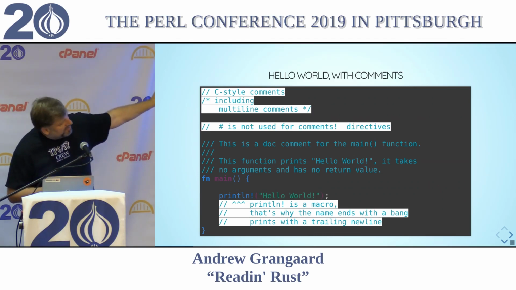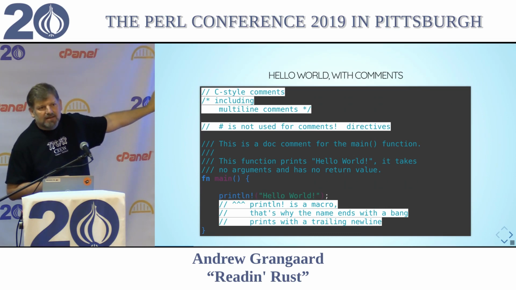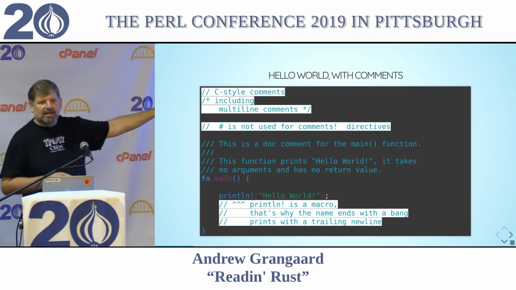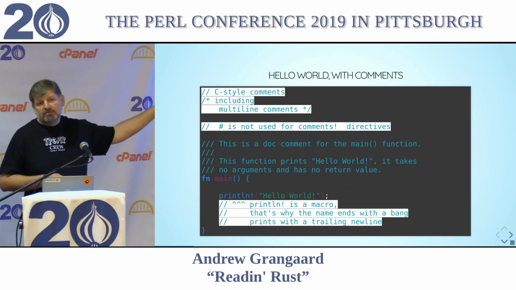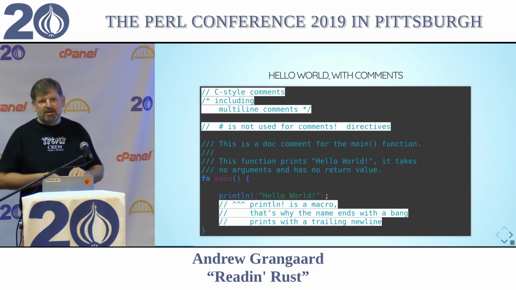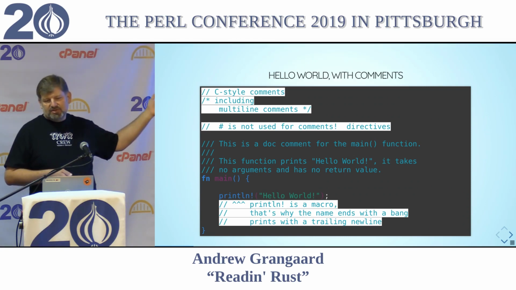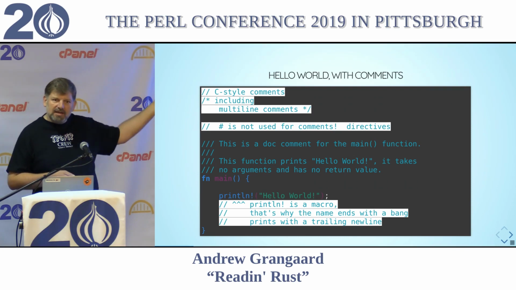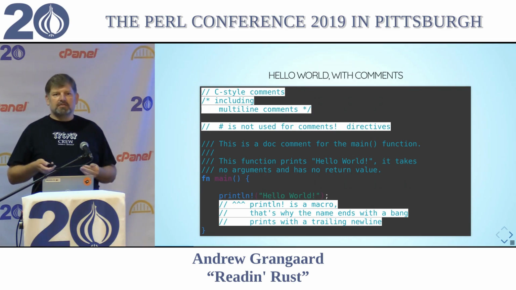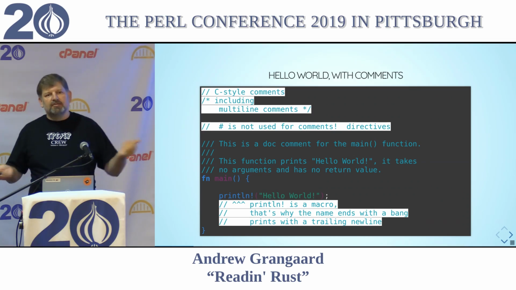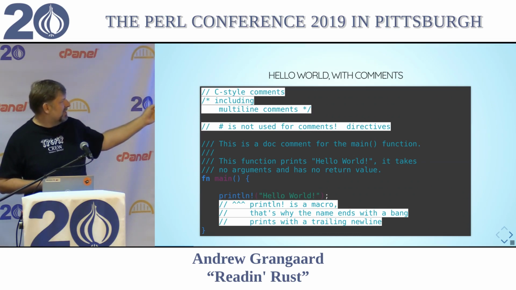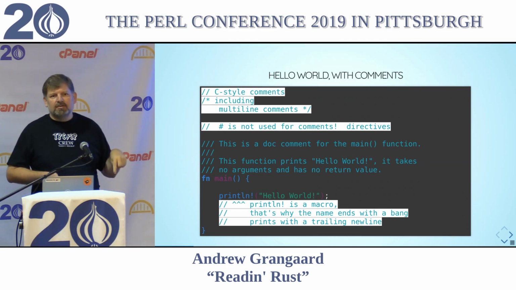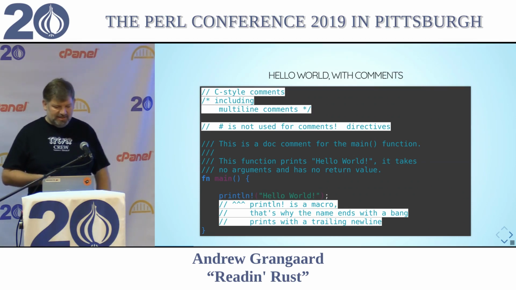So if you use three slashes above the function, whatever is next after the triple slash gets associated with that comment. And when you render the documentation, that will get marked down, formatted, and put into your documentation and made all pretty. And if there's examples in there, you can actually run them and make tests out of them and actually execute the comments in your documentation and find out whether or not they're actually still current, which is awesome. And if you don't like to put them in front, you can put them inside, and there's a slightly different slash bang, which says go up instead of go down when you associate this.